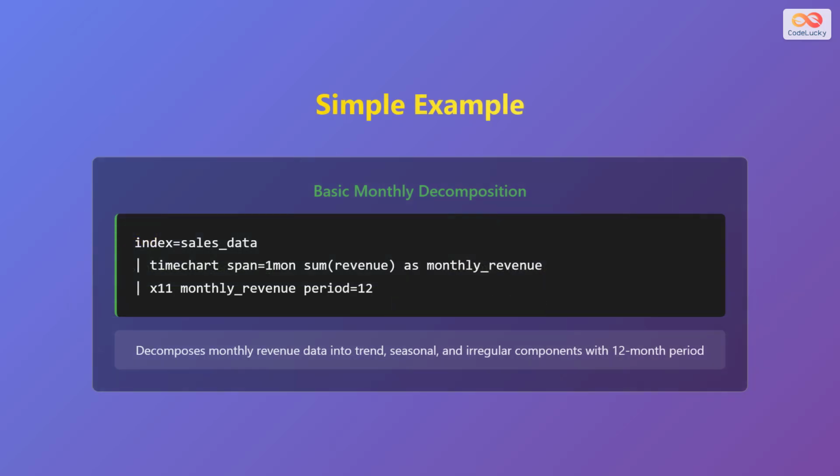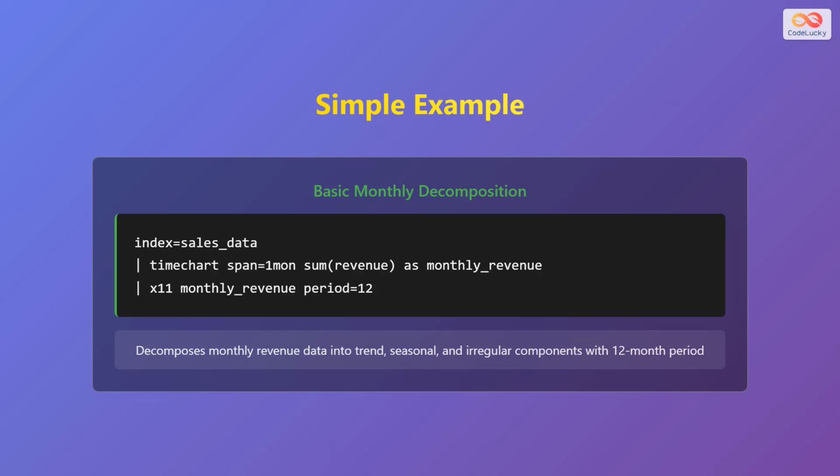Here is a practical example of using the x11 command with sales data. We start by searching our sales data index, then use the timechart command to aggregate revenue by month. The span equals 1 month parameter creates monthly time buckets, and sum of revenue creates our time series. Finally, we pipe this to the x11 command, specifying monthly revenue as the field to decompose and period equals 12